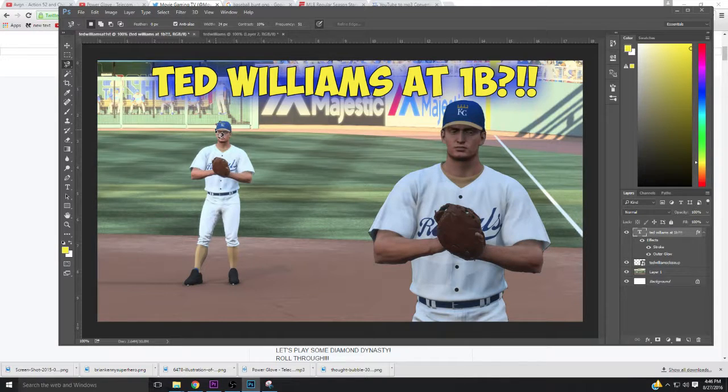So we're just going to go around Ted as best we can. Ideally, it'd be better if I could zoom in. You just hit Control and plus and zoom in so you make this a little bit more precise. But we can clean it up in post easier using the eraser tool. So I'm just going to go around Ted